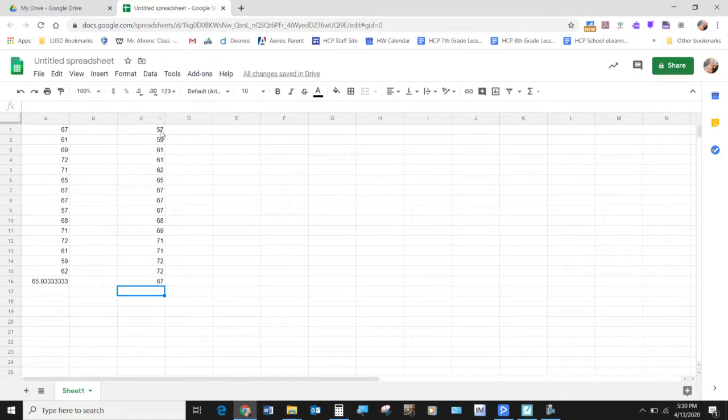Now, if you look at this, you know how to find the median, right? What's the eighth number down? 1, 2, 3, 4, 5, 6, 7, 8. There it is. There's a 67. That's your median. Using these spreadsheets is going to be a lifesaver for you